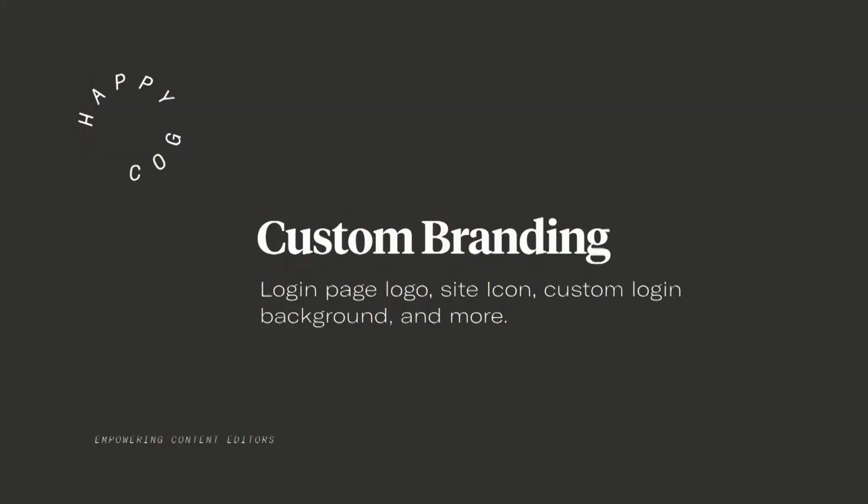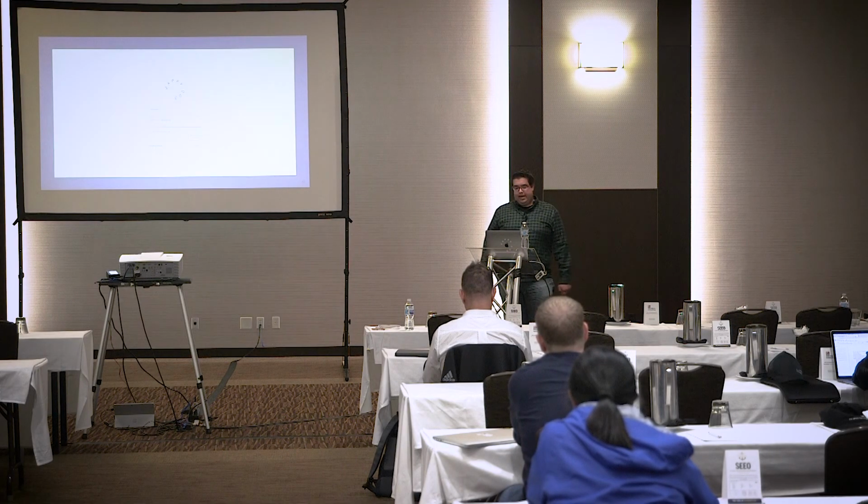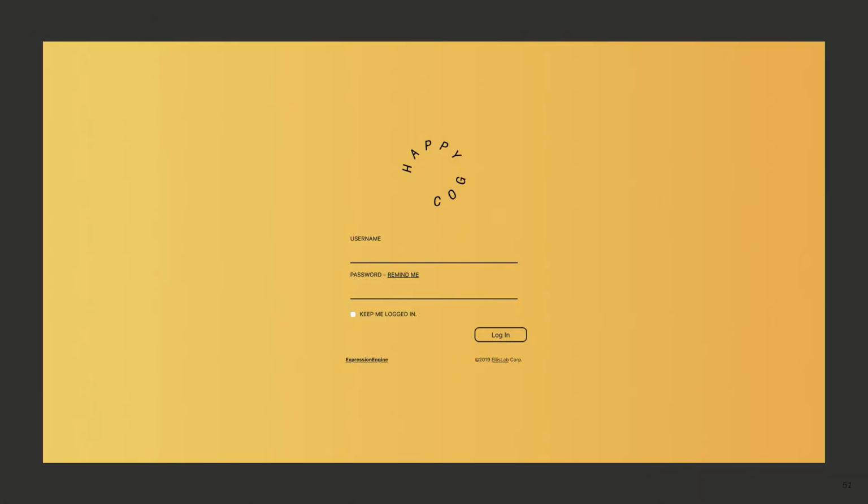Well, first thing we can do is some custom branding. Very low-hanging fruit, some really simple things we can do. This can be on the login screen, maybe the sidebar or the top bar, adding their logo somewhere in the CMS. Some examples of that. This is ExpressionEngine control panel. There's a plugin that lets you throw some CSS in there and reskin things. Obviously, this is custom branded for HappyCog, so fitting our brand, it really feels like their site.